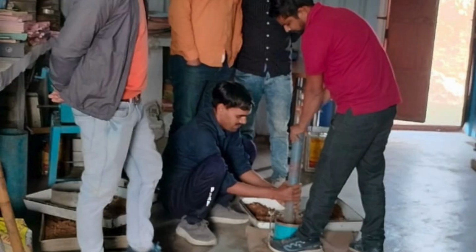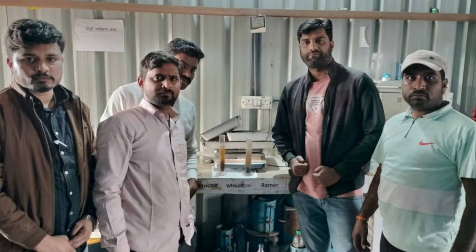One of the primary objectives of soil investigation in Laxmi Nagar is to assess the suitability of the soil for construction purposes. Different types of soil have varying load-bearing capacities, and it is essential to understand the properties of the soil before designing the foundation of any structure. This information helps in determining the type and depth of foundation required to ensure stability and prevent any potential settlement